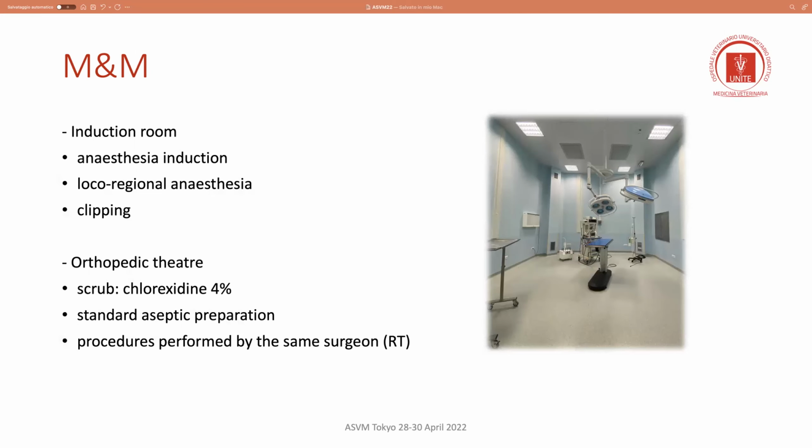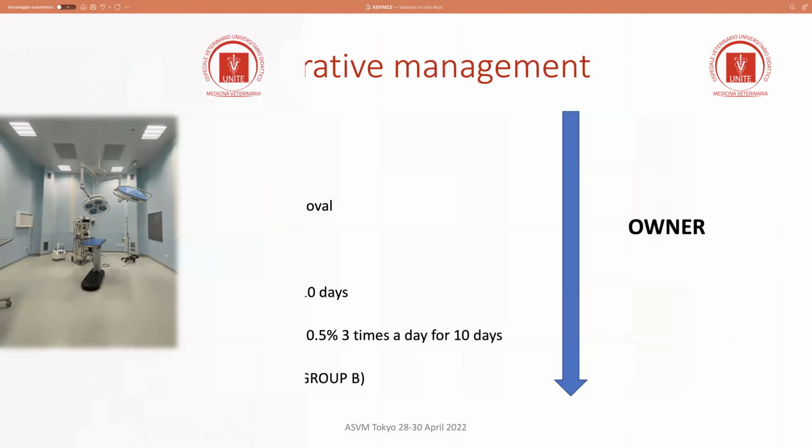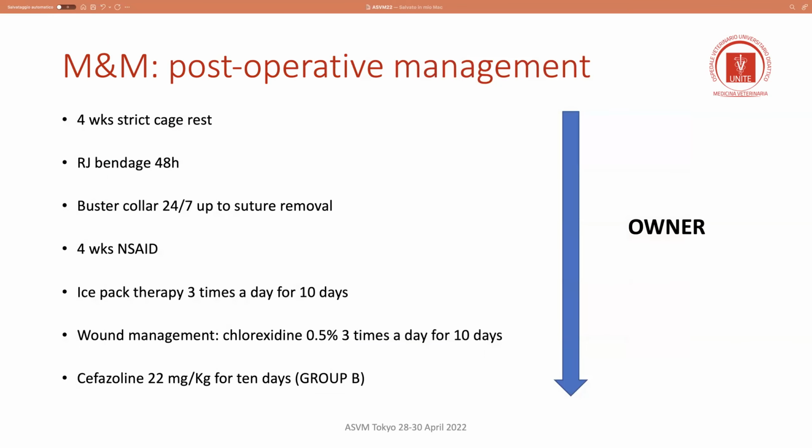All the procedures were performed in two different rooms. In the induction room, dogs received general anesthesia, local regional anesthesia, and the clipping. Then the dogs were moved into the orthopedic theater, where there was a standard aseptic preparation with chlorhexidine at 4%. And all the procedures were performed by the same veterinary surgeon. The postoperative management was all performed by the owner